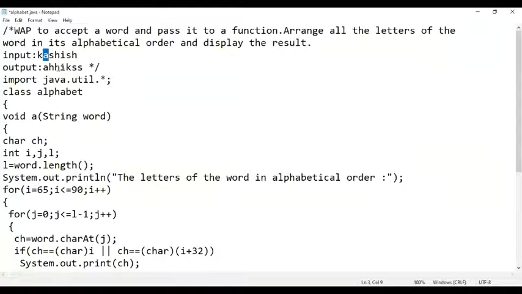If it comes two times, it will be printed twice. Next, it moves to I equals 66. That means character B. It will compare character B with all characters of the string, of the word. If it is present, then it will be printed. If it is not present, it moves to the next iteration and I increases its value by 1 and becomes 67, and so on. So this is how this program is executing.